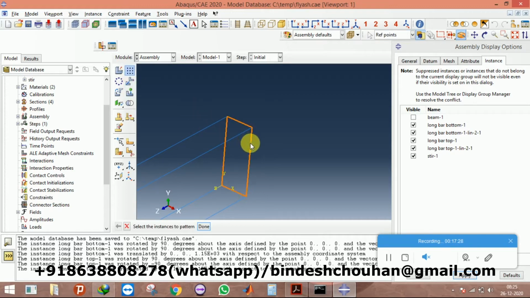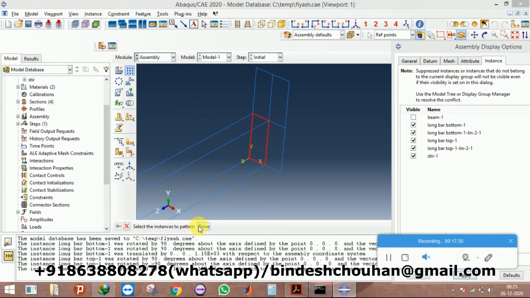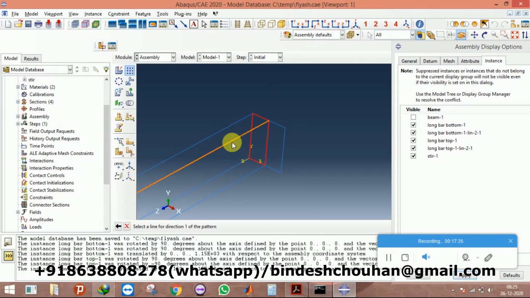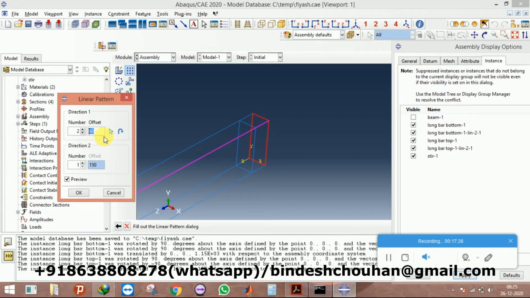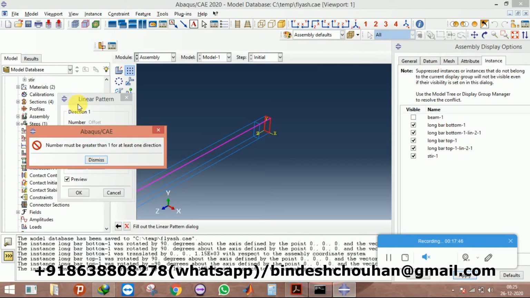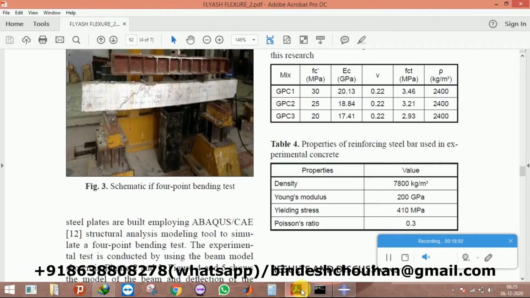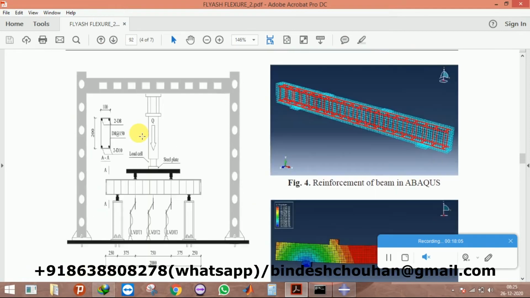Now I'll copy this reinforcement bar longitudinally. I just make it one, select the direction in this, and the spacing will be 150, and the number will be 13, 14. Okay, I need 13. If you just check here,